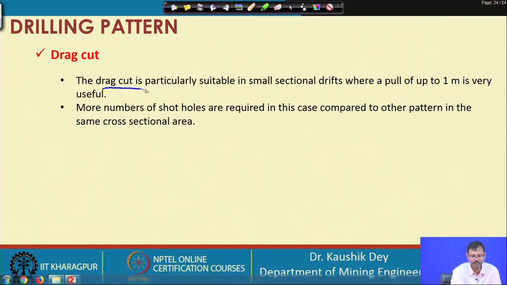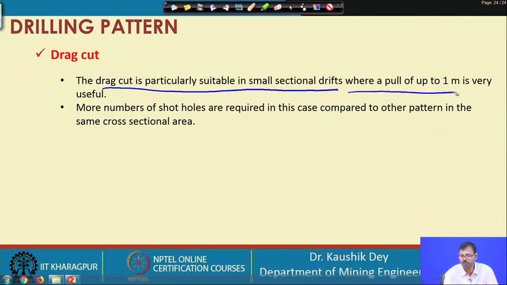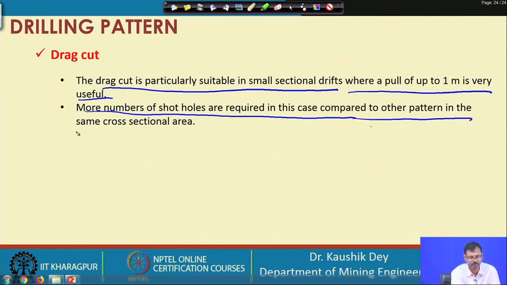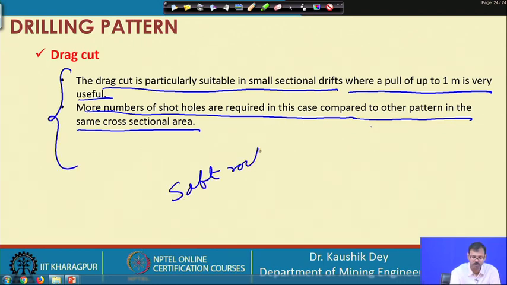Drag cut is particularly suitable in small sectional drifts, where a pull of up to 1 meter is useful. More short holes are required in this case compared to other patterns in the cross sectional area, and this is useful for soft rock conditions.